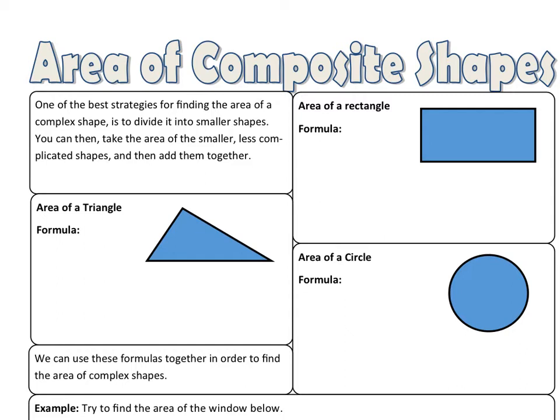If we want the area of a rectangle, where this is the length and this is the width, our area is simply length times width. So we'll just multiply them together. Area of a triangle is base times height divided by 2. The height is right there. So there's the area of a triangle. And the area of a circle,